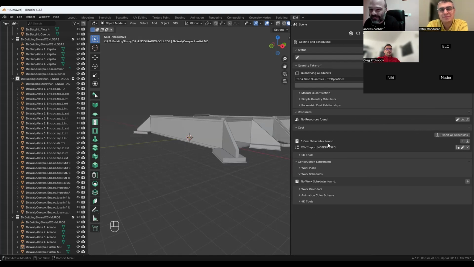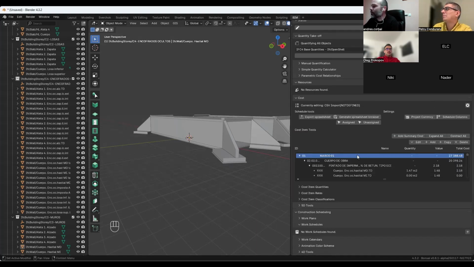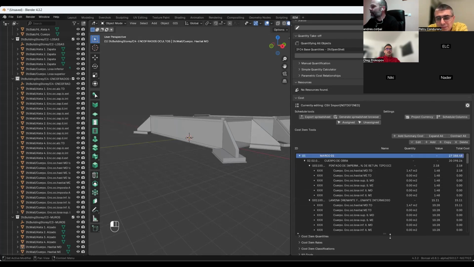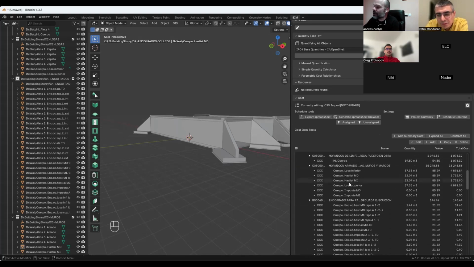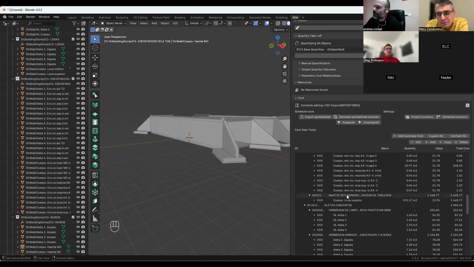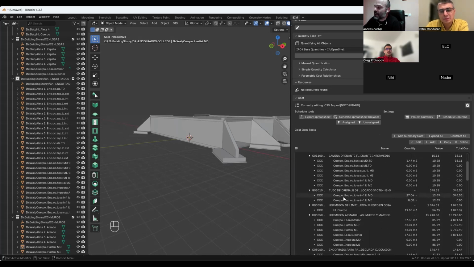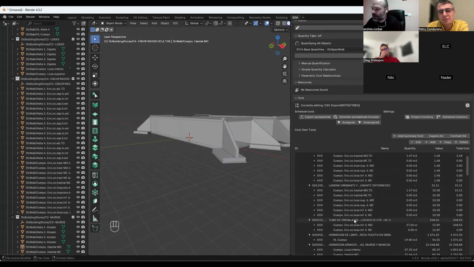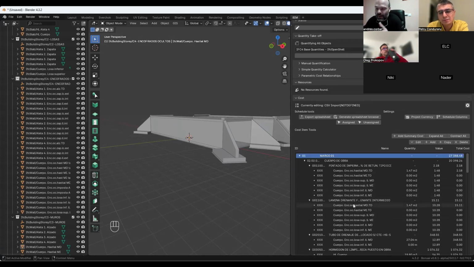If it fails, you get a message that it is not okay. But here it worked, and you have the normal budget I use with all the measures, not the sum. All the things are there. And you have this button to export to a spreadsheet.